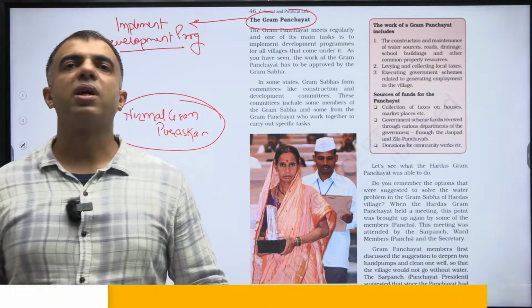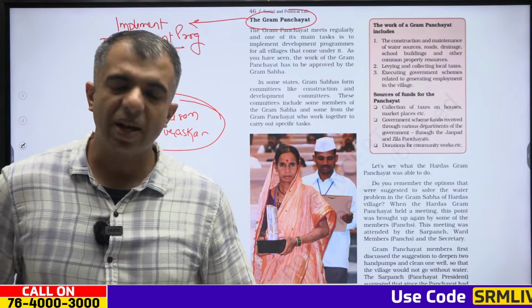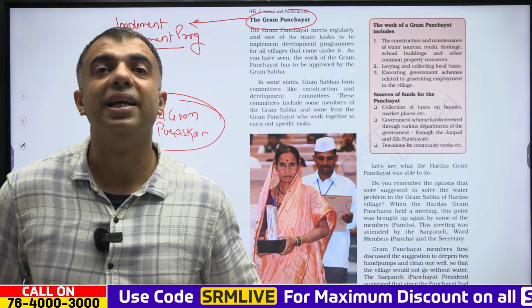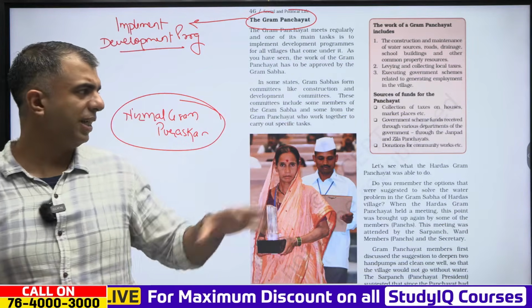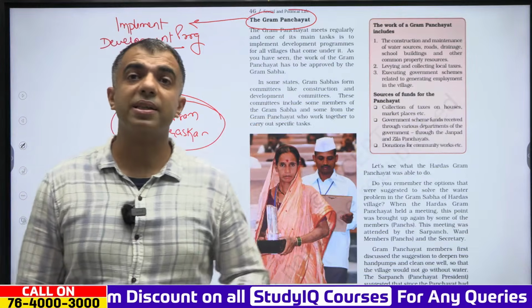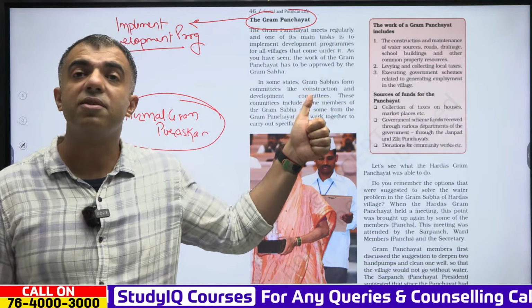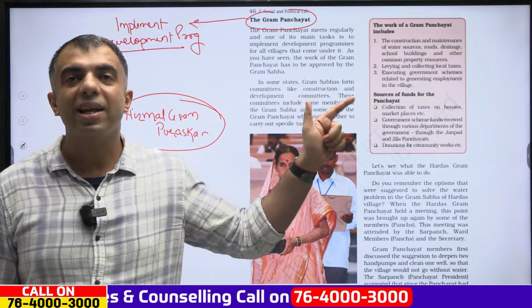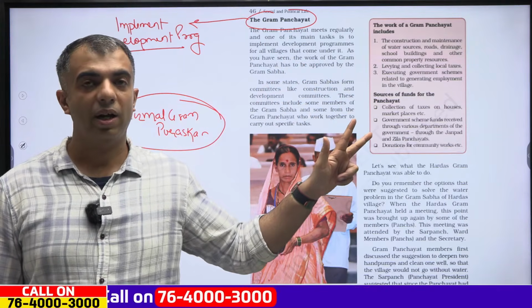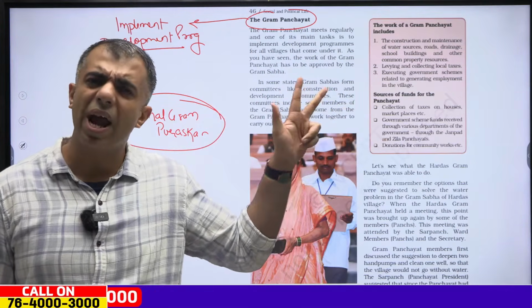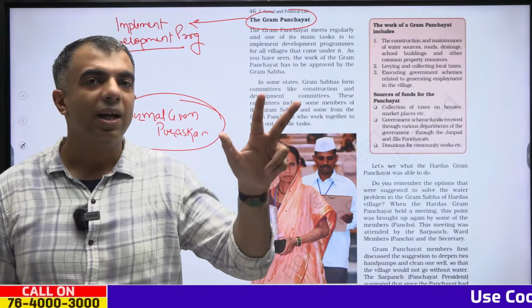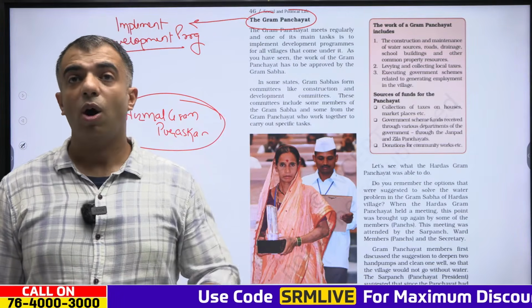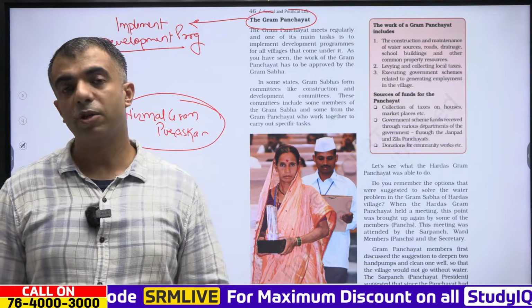Nirmal Gram Puraskars are also given by the government for excellent work done by the panchayat in a village. Clear? So Gram Sabha has various responsibilities, as we have seen from this topic itself. Gram Sabha has the responsibility for the construction and maintenance of water sources, of the roads, the drainage system, provision of school buildings, repair of the school buildings, and anything that corresponds to the resources of a common man. Now it also has the responsibility of collecting taxes from individuals, and finally